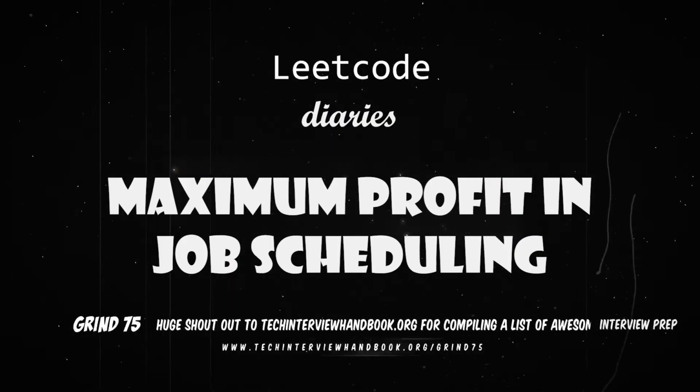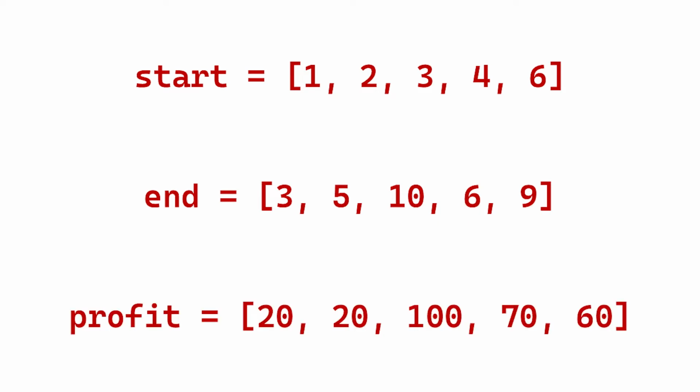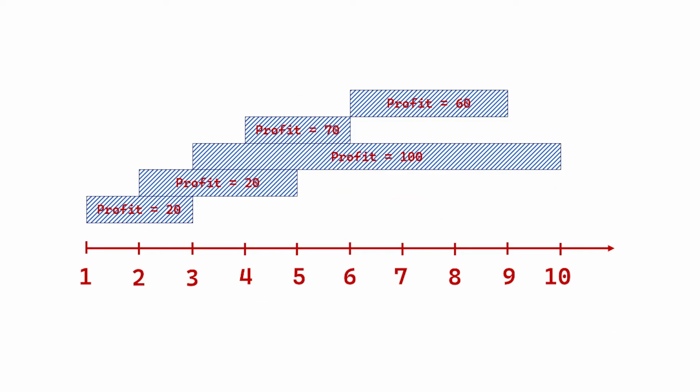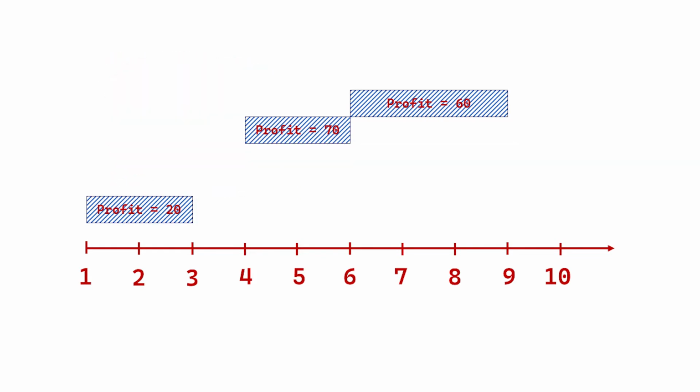Hello everyone. In this problem, we are given three input arrays. The first array contains the start time of a job, the second array contains the end time of a job, and the third array contains the profit of the job acquired during that interval. Our task is to return the maximum profit such that there are no two overlapping time slots